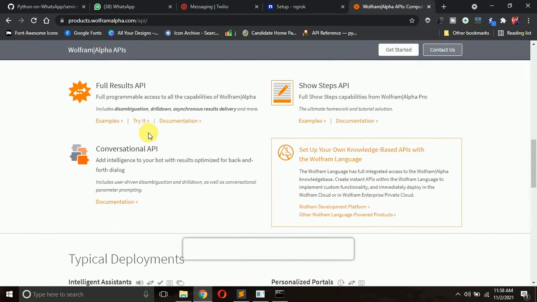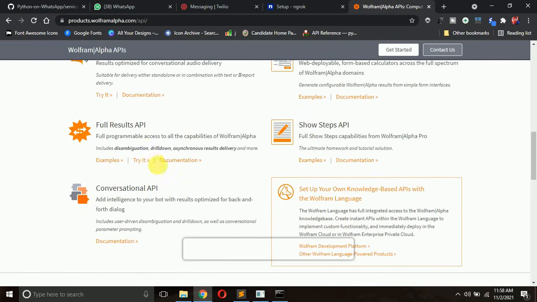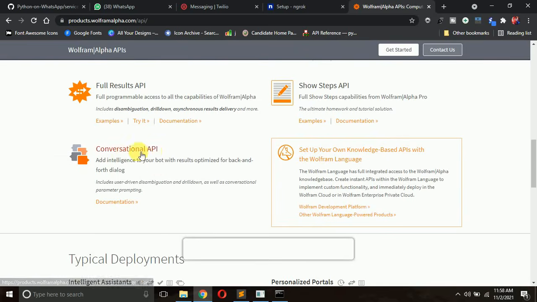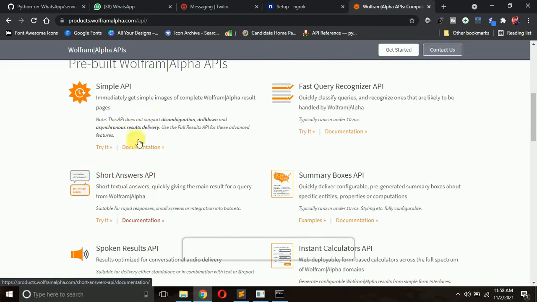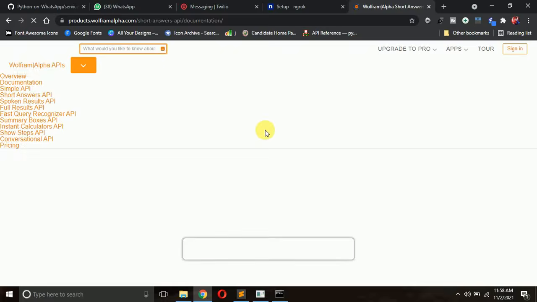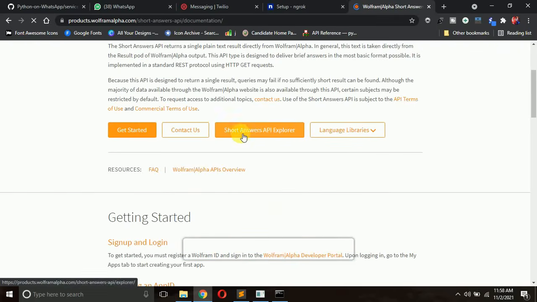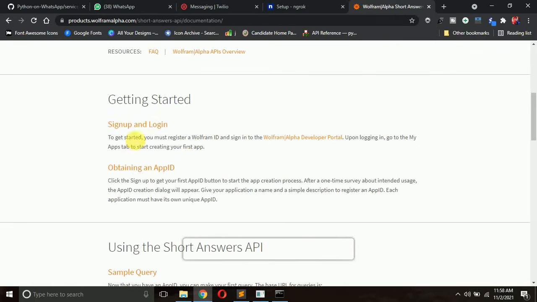If you want to make your chatbot more intelligent, you can use the conversational API, but I'm just going to use this particular API, the short answers API. Okay, it's good. Now, if you want to get started, you have to first